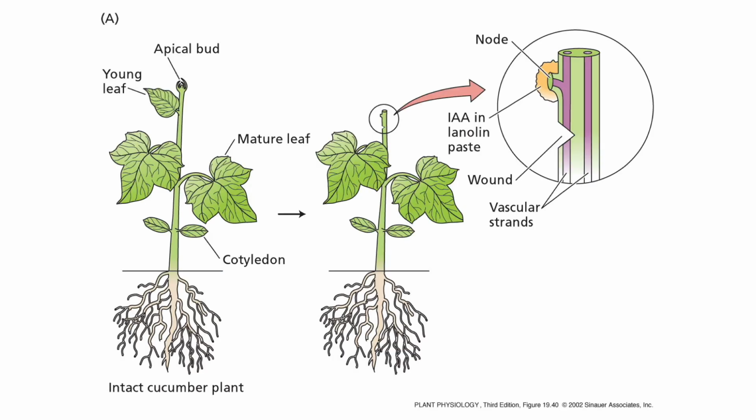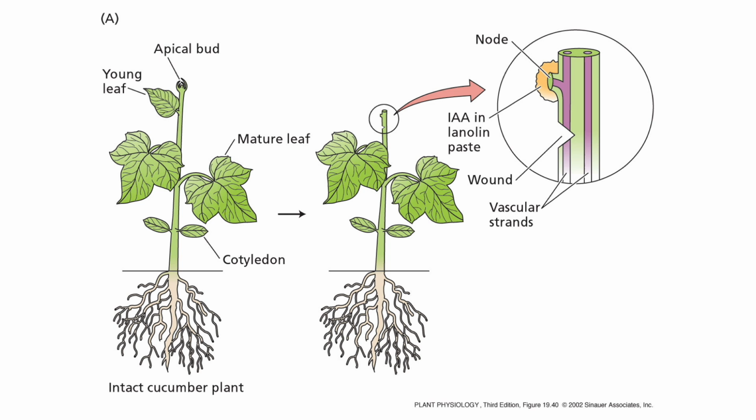Another cool action of auxin involves tissue repair of the vasculature. In this example, the stem of a cucumber plant was decapitated and the leaves and buds above a wound site were removed to lower the endogenous auxin. The wound was a partial nick in the stem, enough to cut through the vascular strands on one side of the stem.